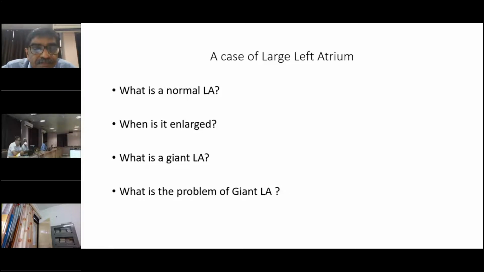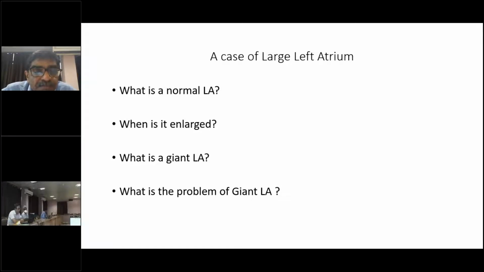Then gradually this disease was treated more frequently, and a more formal diagnosis of giant left atrium came into being. Then a left atrial size between 60 and 100 millimeters was considered to be a giant left atrium. Now the criterion is a size of more than 65 millimeters in any direction, because